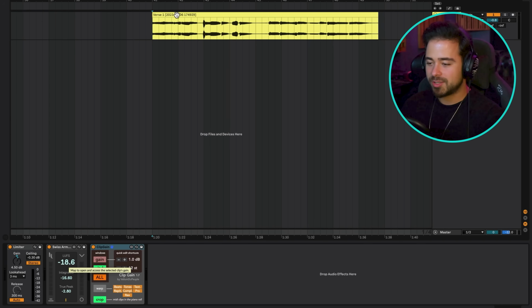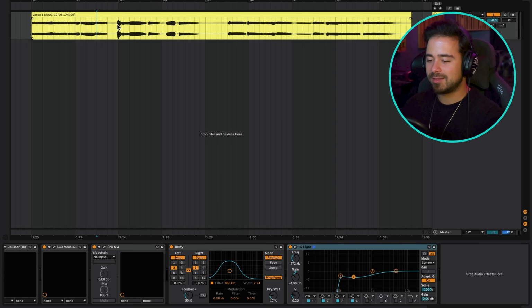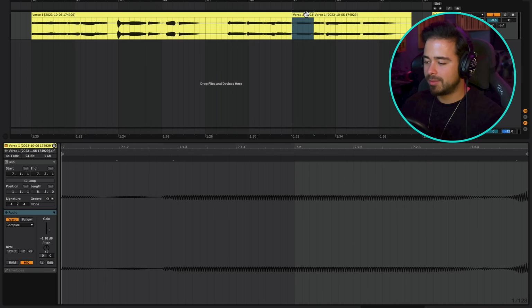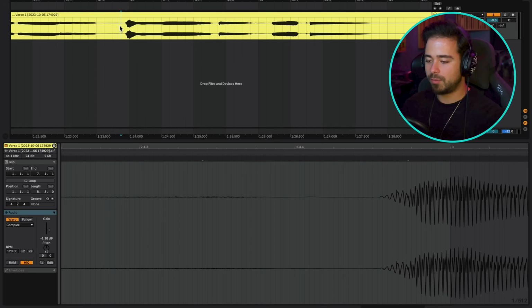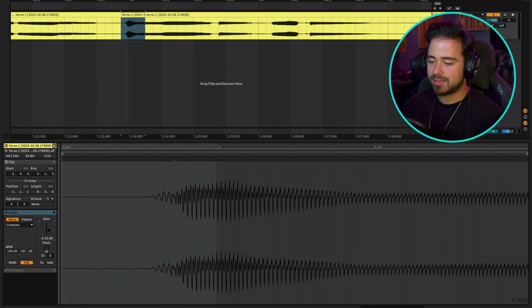The main function we're gonna use is this gain button over here. So let me just close this browser and zoom in on this vocals. As you can see, the vocals is not really balanced. We can see a pop over here, maybe a loud part over here, and a quiet part, and a really quiet part over here. So normally, if you want to adjust these parts, you need to cut them, then double click on the clip, and go to this gain over here and adjust from there. Also for this one, we need to crop it, then double click it and adjust the gain from here as